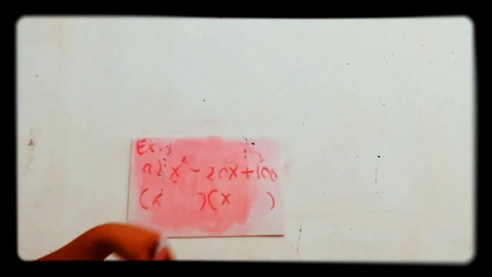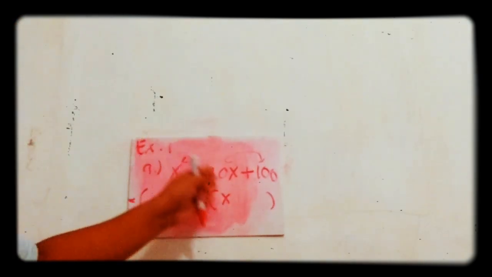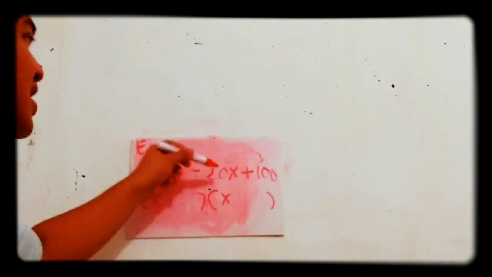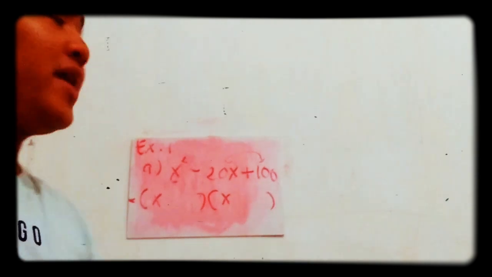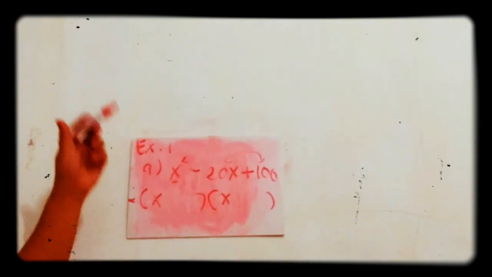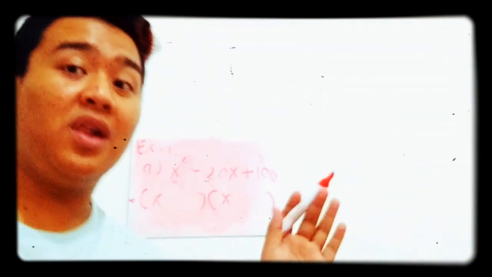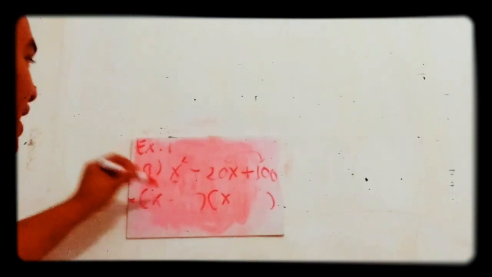Put parentheses, so it assumes that the x squared factor is x times x. Okay, so what is the factor for 20x and 100? Let's try 10. But what sign will we use? We will use the negative sign,